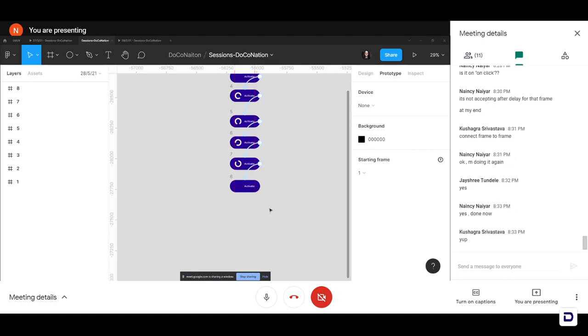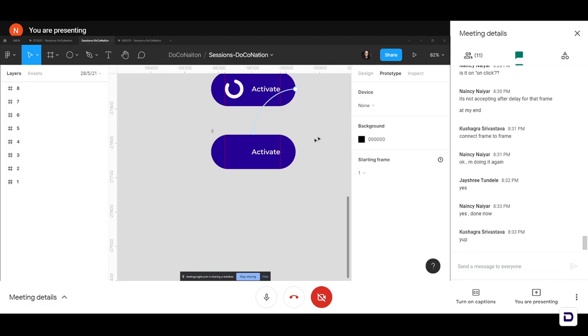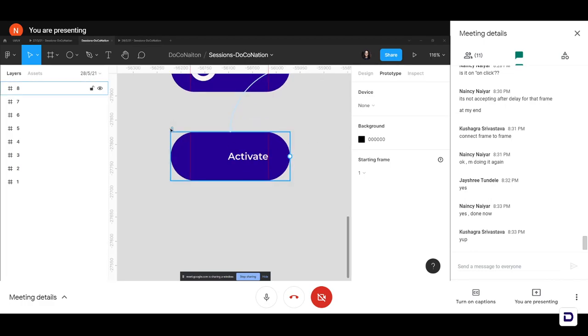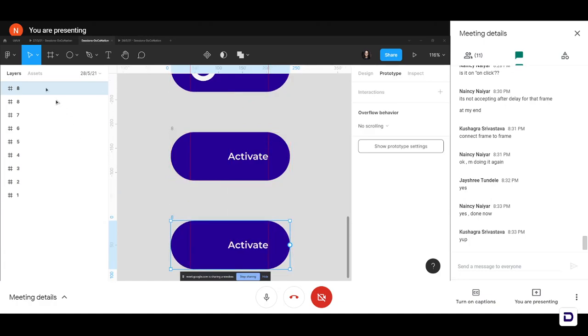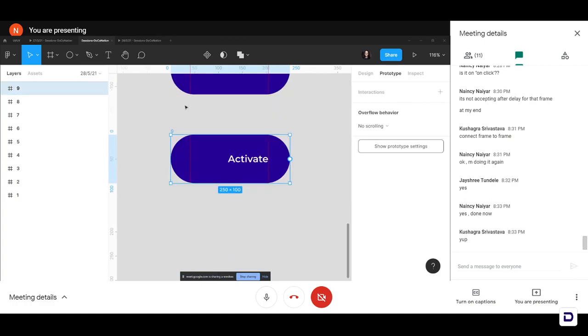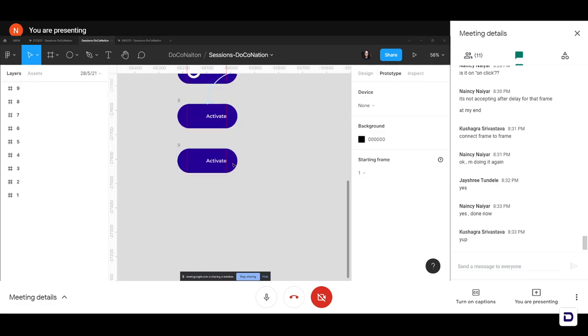Okay, great. So the next thing, again, as we follow the same procedure everywhere, we'll be copying the frame 8 and naming it frame 9. So click on your frame 8, press Alt and drag it. We'll be changing the name of frame 8 to 9 in our layers panel. And now what we want is that the text changes to activated and we see the loader, the little circle with the tick mark, back again.